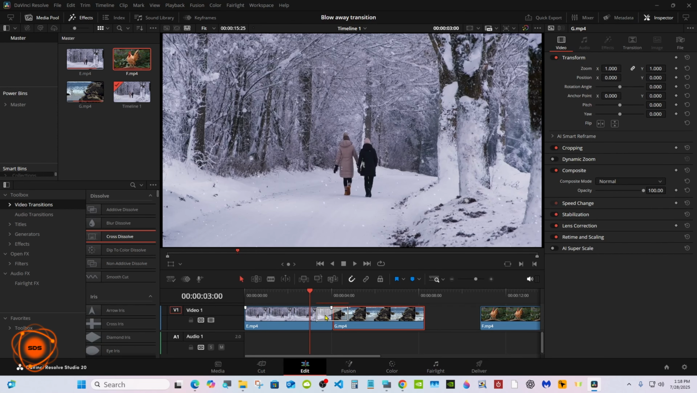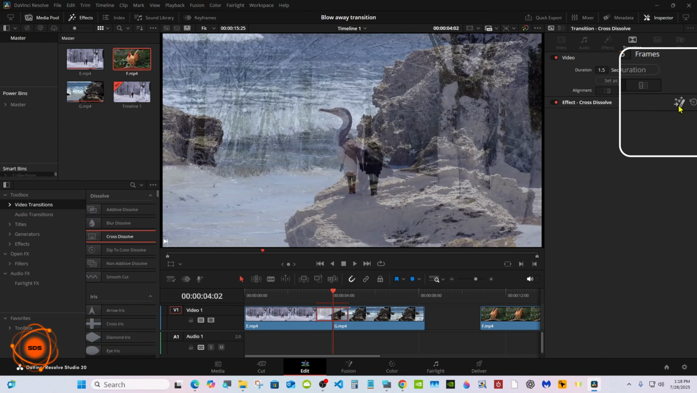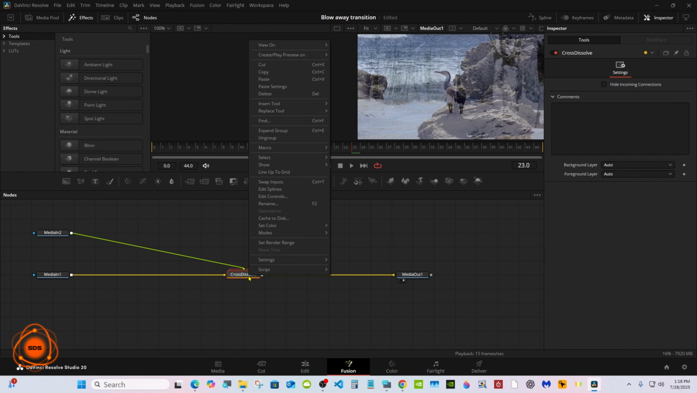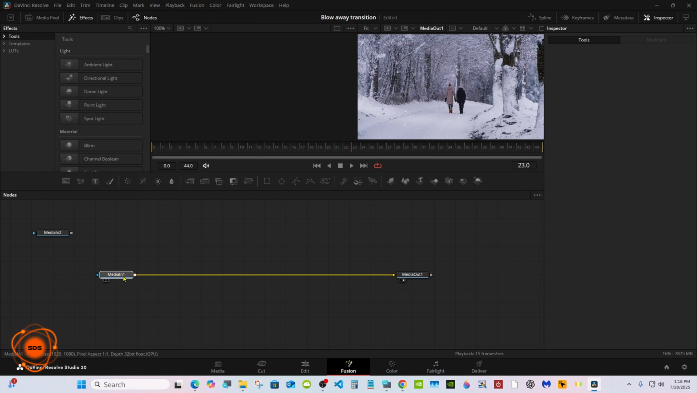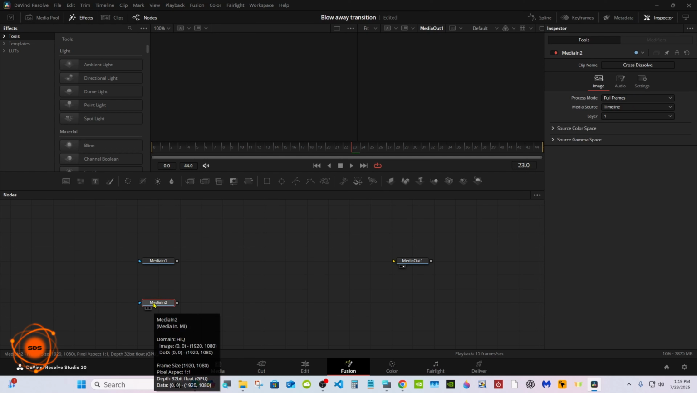Put a cross dissolve on, right click on it, convert to Fusion Cross Dissolve. And then look over here, you'll see a little wand. Click on it, it'll take it to Fusion. You can delete the cross dissolve. Cut the line and bring the media in 2 down below the media in 1 so you don't get it mixed